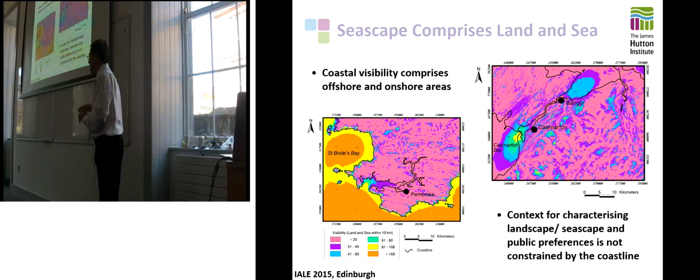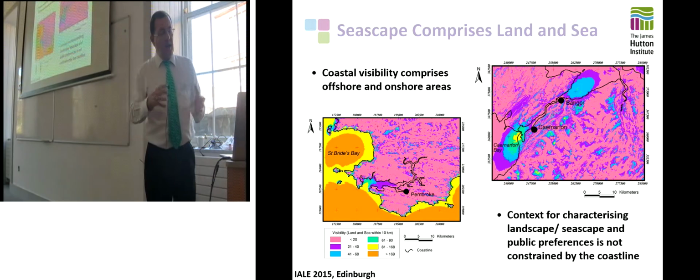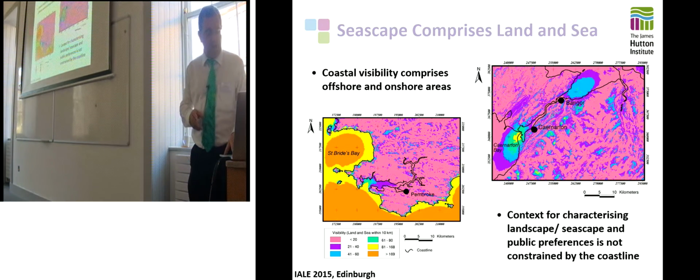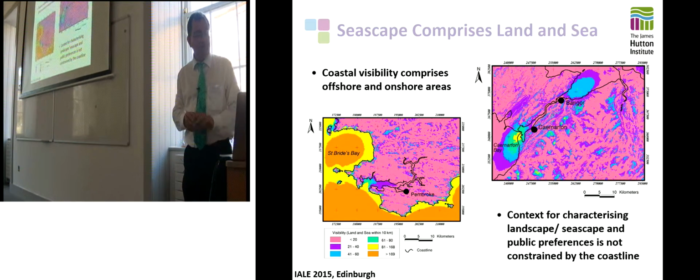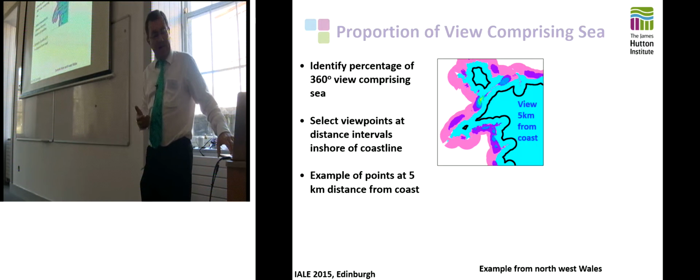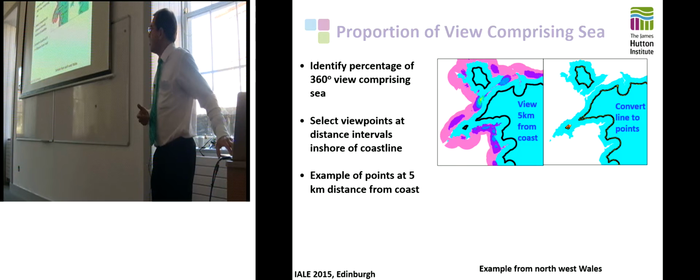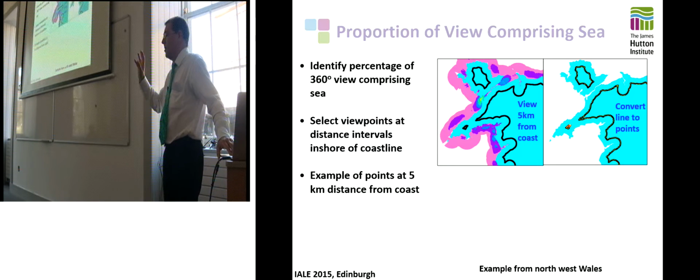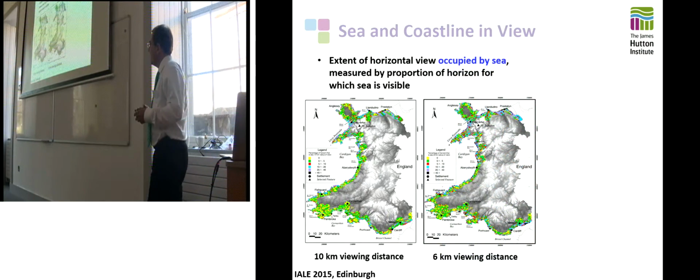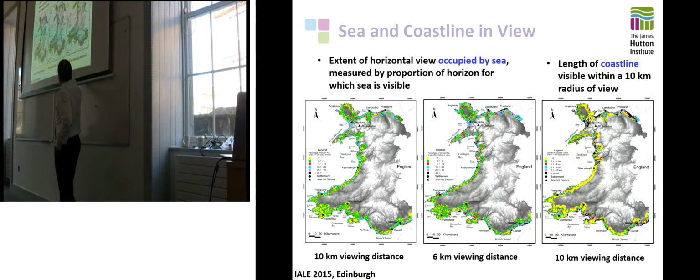And so what we've done across Wales and across all of Scotland is look at how this begins to reconsider the way in which we might define certain areas, certain boundaries, certain hotspots for types of development. And similarly with respect to the sorts of metrics we might measure, and this is not yet taken through to any sort of model aspect, what sort of metrics might we take with respect to the contribution of the coastal fringe? So around Wales, what we've done is to look at the contribution of the coastal area to views further inland and begin to map out those areas at different distances so that we